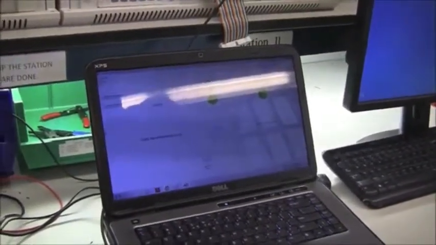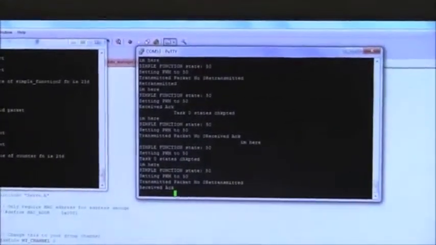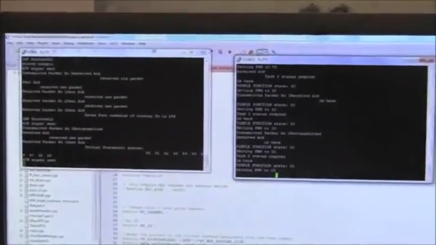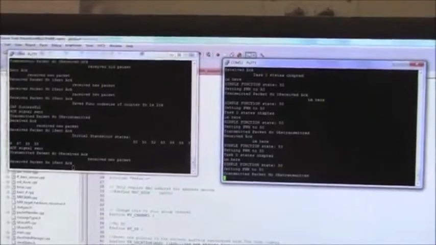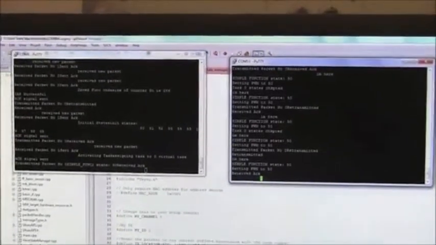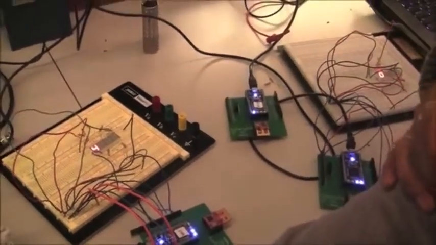And I have 2 functionalities here: send code update and send parameters. So now node 1 is about to transmit tasks to node 2. So now it's just transmitted, and now we're showing the state here. When we send a parameters update, it will change the state. And this is another task of counting numbers. It's just counting from 0 to 9.